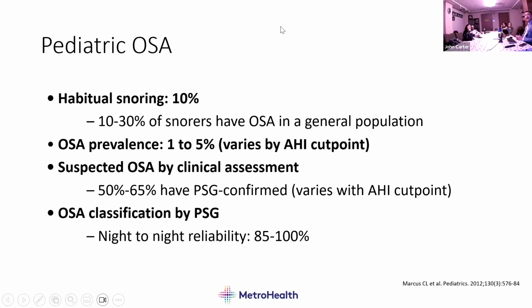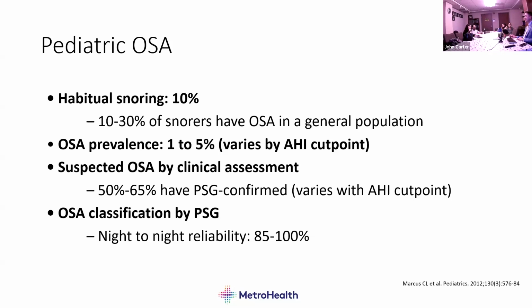Roughly 10% of kids have habitual snoring. So there's not a one-to-one correlation between snoring and sleep apnea. In the general population, anywhere between 10 and 30% of snorers have OSA, so the majority of kids who snore do not have sleep apnea. And one of the key learning points of pediatric OSA is, frustratingly, there's not great symptom-sleep study correlation. So we ask about all of that, we take a good history, but at the end of the day, you're much more likely to get a sleep study in a child than you are for an adult at a lower level of symptomatology.